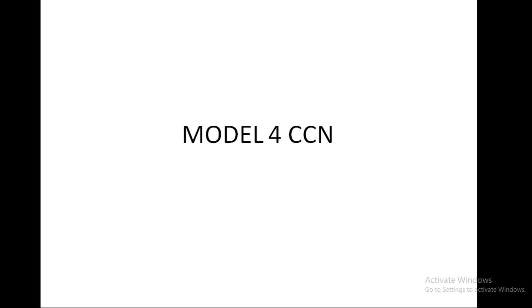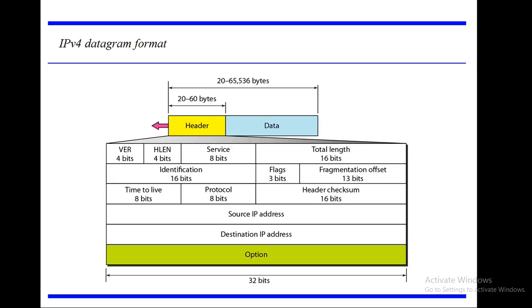So first in this particular module we are going to learn how the datagram of IP version 4 looks like. So this is the IP version 4 datagram format. There are two sections in that, header and data. The header will be 20 to 60 bytes. The minimum size of the header is 20 and the maximum size is 60 bytes. The total size of the datagram will be 20 bytes to 65,536 bytes. That is the maximum including data, and only the header is 20 to 60 bytes.